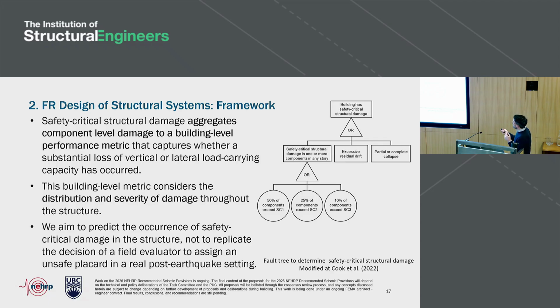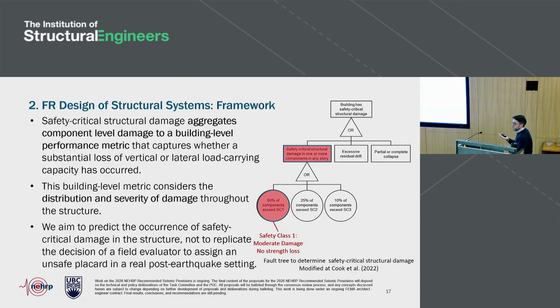So to do that, we're using this fault tree that you can see on the right, and there are 3 key branches. And I'm going to focus initially on the one on the left. So essentially what we're doing is we're looking at every story in the building and every building direction and evaluating the amount of components that have experienced different levels of damage. And we're describing this in terms of what we call a safety class. So there needs to be a mapping of damage states in different components to safety classes. For instance, a safety class of 1 would be a description of damage to a component that might be moderate